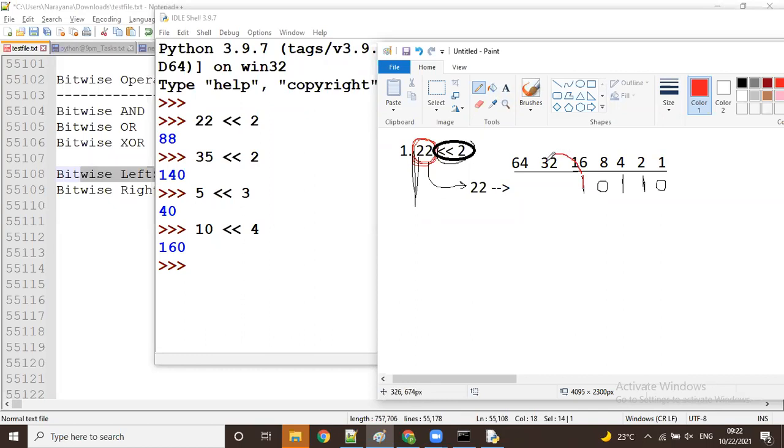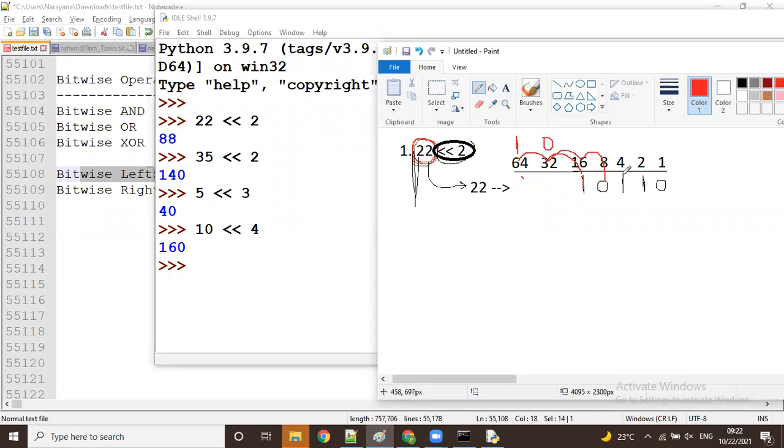Means this is the one place and second place. So that one coming here, that one coming, guys. The one which is available here, which is available there, is coming to this location. All of you, the one from 16 came to where? 64. Next, 0 at 8: place 1, place 2, that 0 coming here.